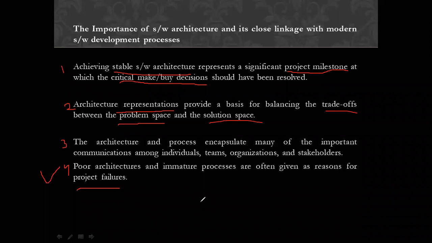One or two additional points I also told you: proper planning, a mature process, and understanding of the requirements are very much required and play a crucial role. Along with these, a demonstrable architecture plays a very important role. Architecture development and process definitions help to bridge the gap between the problem and the solution. That means we will become capable of finding a good solution for the problem. So that's it for this part. This much is enough to remember.